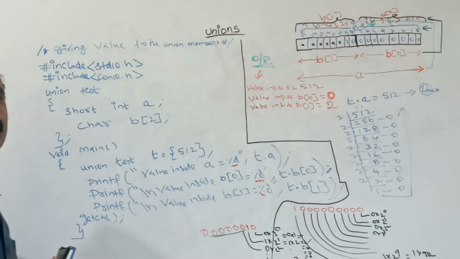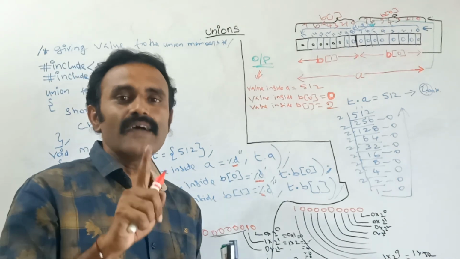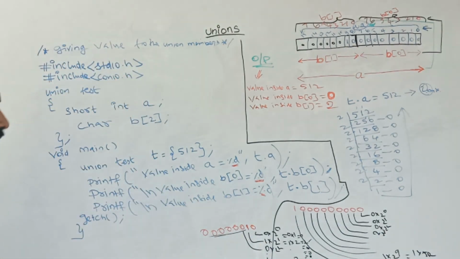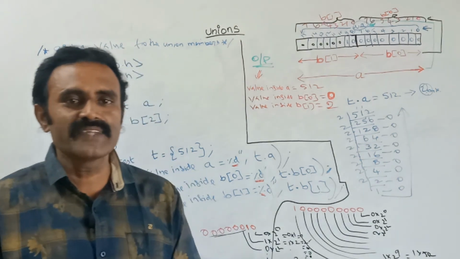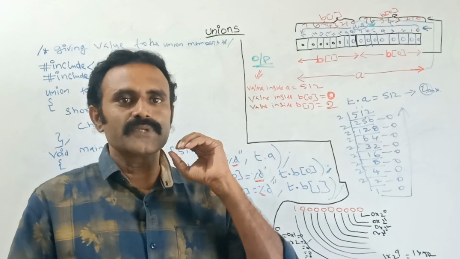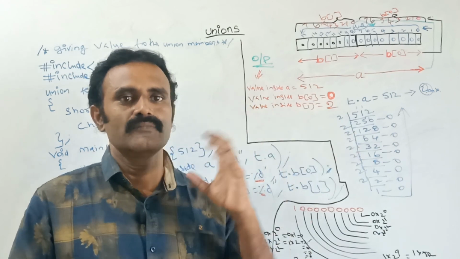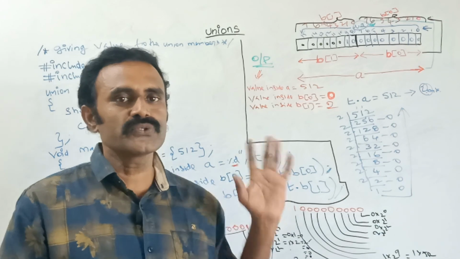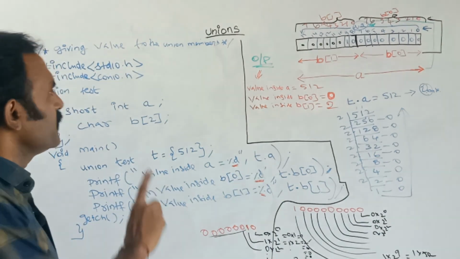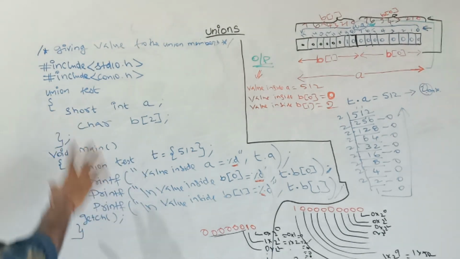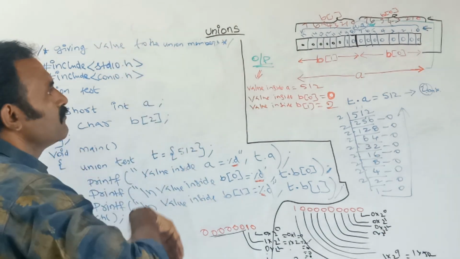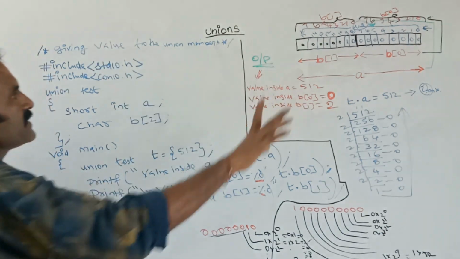See, for understanding I am telling this: at that time only a single value should be given for the union. These are mainly used for optional values. Suppose there are 10 options, and we need to store any one of them, in that case we can use the union. So you should remember this: only a single value should be given. This is the main thing in the union, as it occupies the same memory for each and every member. At a time you should give only a single value.